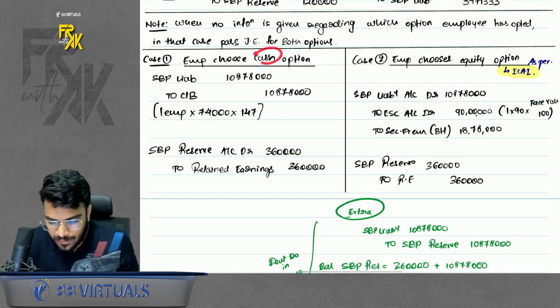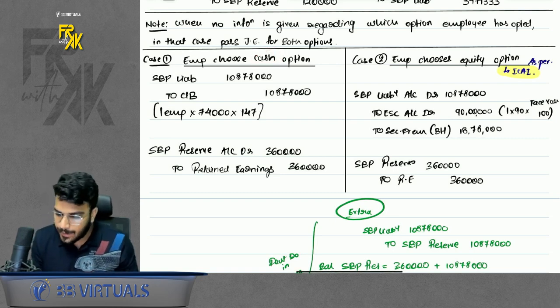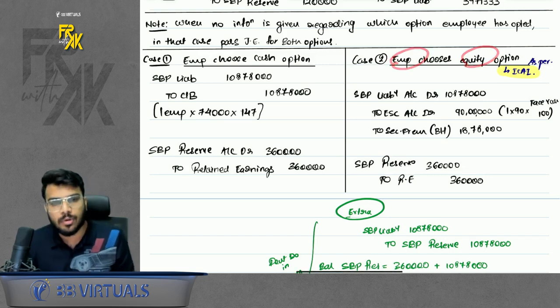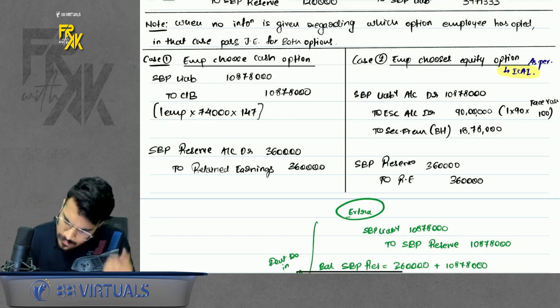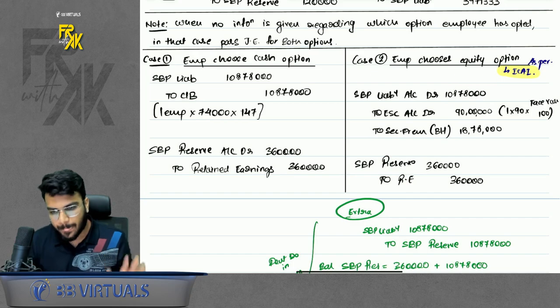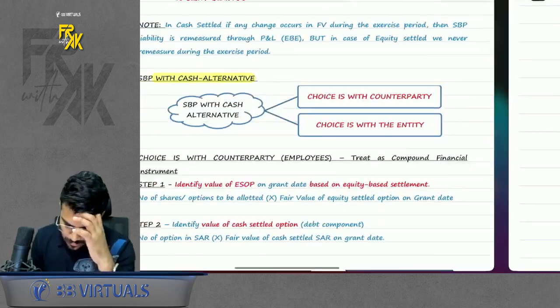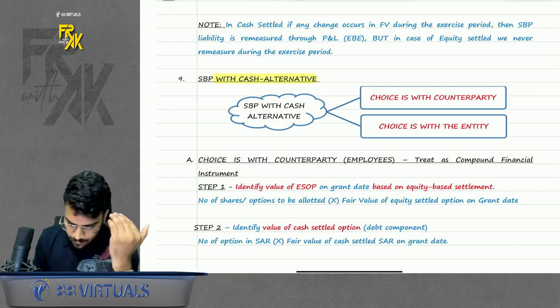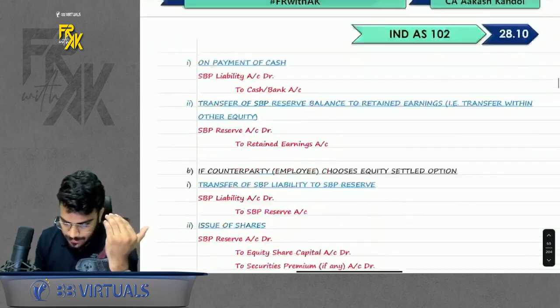Why? If they choose cash, credit cash bank. If the employee chooses the equity option, then what to do? Reverse the liability. Give equity from this only, up to face value to capital, balancing figure to premium. This is what ICAI has done. Anyways, this was SBP with cash alternative that we discussed. Now the next point is